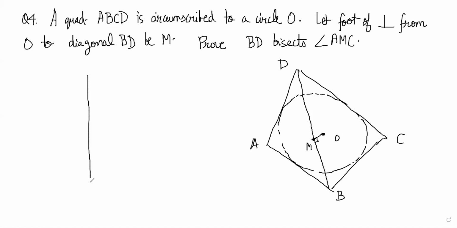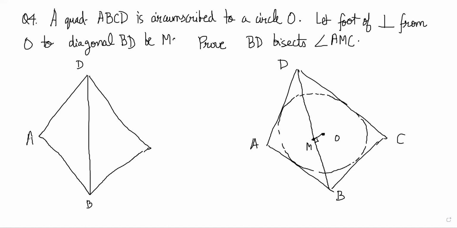What we'll say is this is my BD, and this is my A, B, C, and D, let's say. And then A and C. Now you can say that BD diagonal, foot of the perpendicular from the origin. This is my origin, and this becomes x-axis because this angle is 90. This becomes my x-axis, this becomes my y-axis,